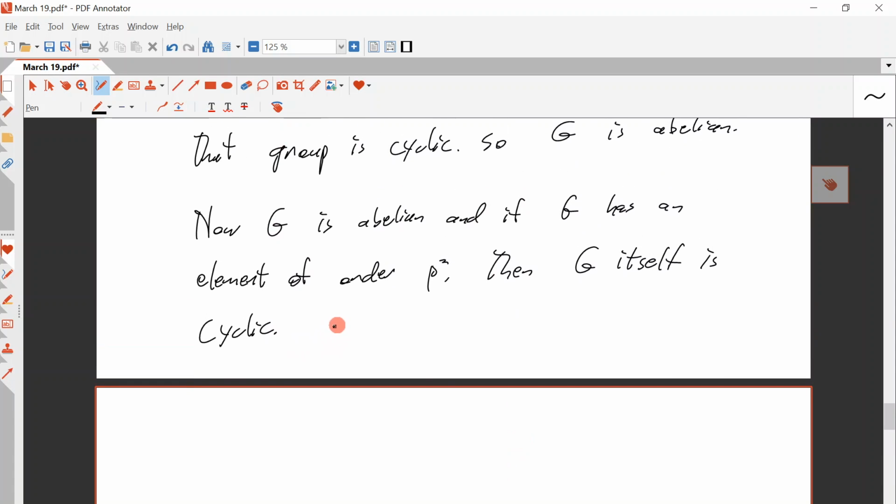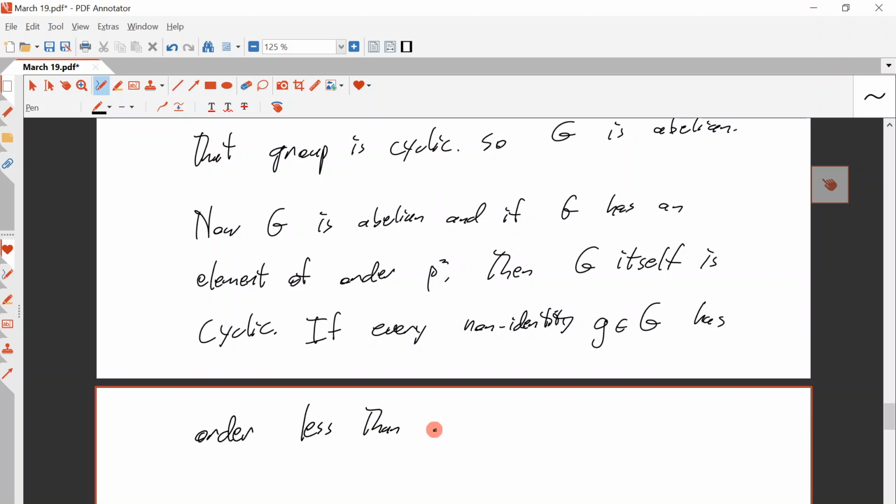If G does not have an element of order P squared, so if every non-identity element has order less than P squared, then the order of G is P squared, and for all non-identity